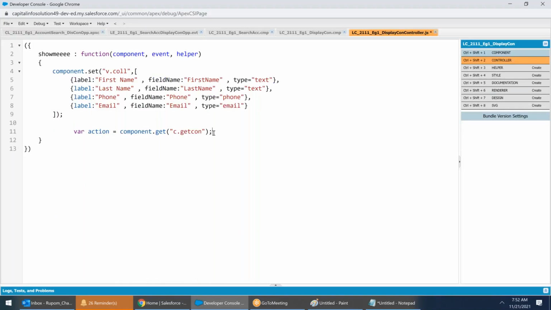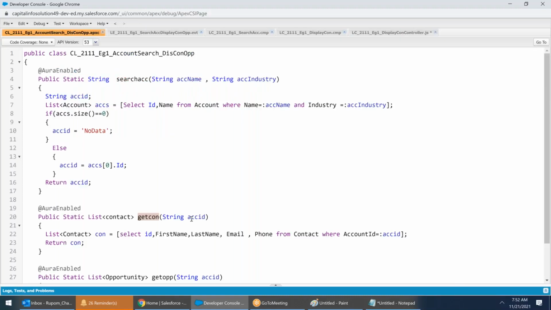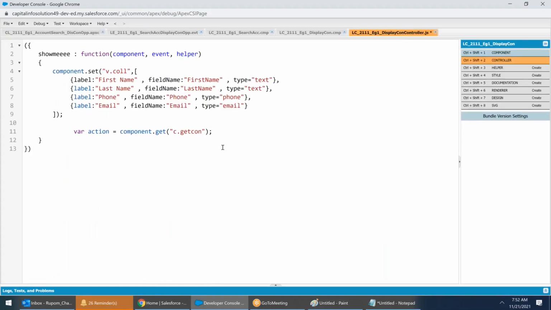Now to this method, I see there is a parameter called as ACCID. Right, so here we go. I need to go ahead and get ACCID. So how to get it from an event? Where ACCID is equals to